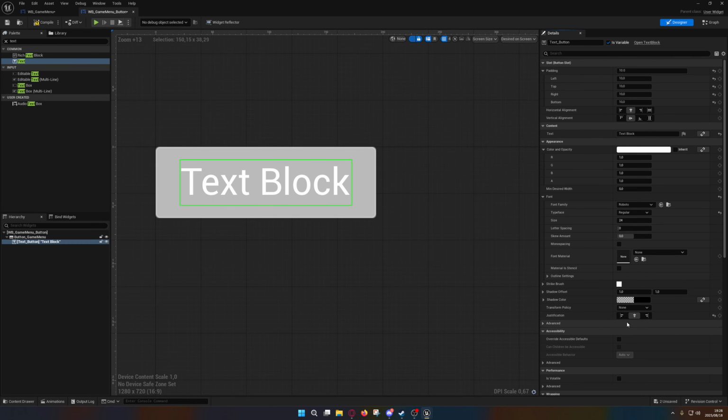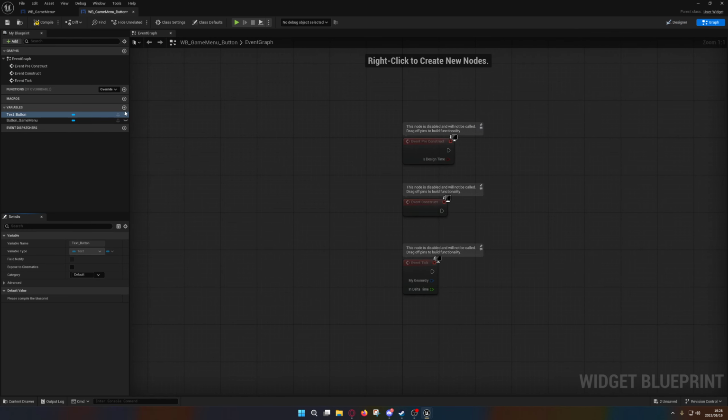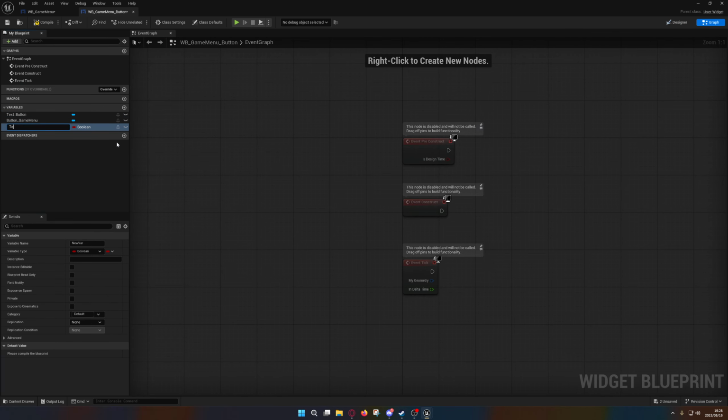Center justification, make sure center justification is there, so that we don't have the text pulling to the left. But obviously if you want that, that's an option for you. So now go over to your graph and create a new variable called display text. And this is the dynamic part, so we're going to change this to a text and make it